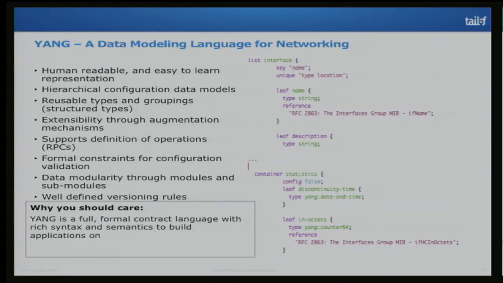We want to be able to support operations, of course, and formal constraints, things like, actually, this is what an IP address looks like, don't let anyone else tell you something else, or you actually have to have a policy named this before you can reference things. So all these semantic validations can be expressed using YANG, which makes it, again, a very powerful tool for client developers, because there's a lot of checks you can do before you send stuff to the network on the client side. And, of course, the reason why I think you should care here is because this is a full and